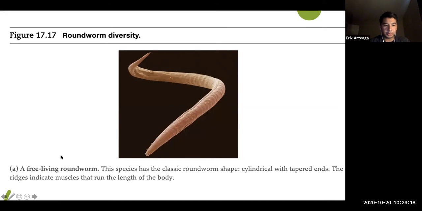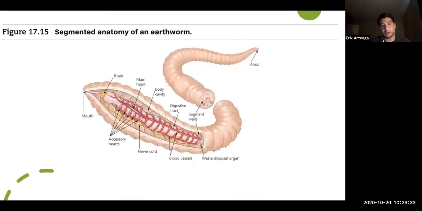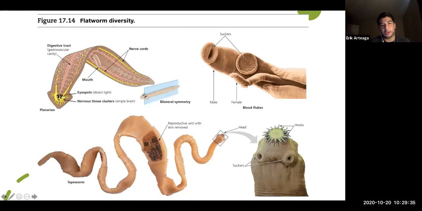All right. A free-living roundworm, this species has a classic roundworm shape, cylindrical with tapered ends. The ridges indicate muscles that run the length of the body. Okay, so these move. These organisms do move. I guess I failed to mention that earlier, but the flatworms,